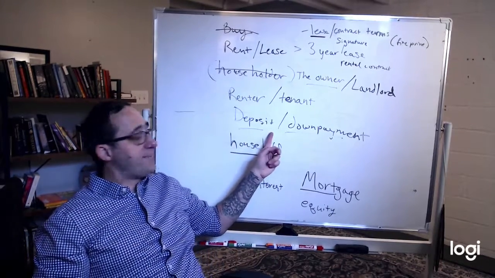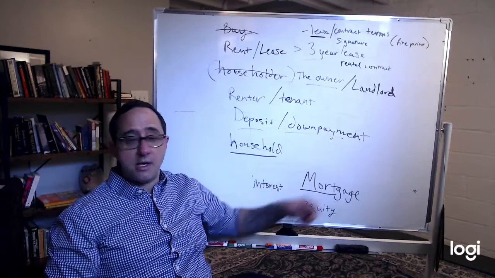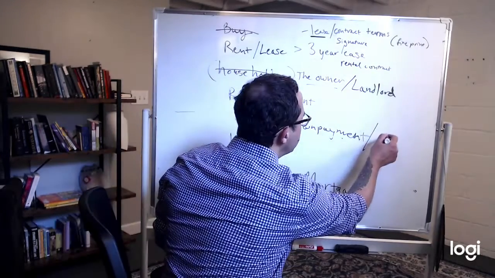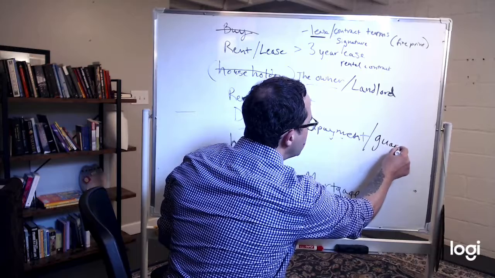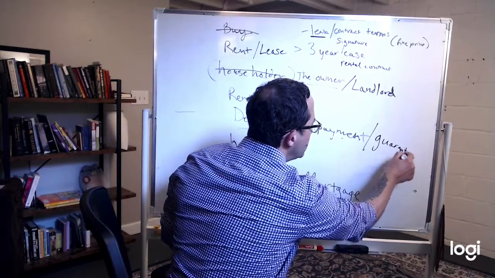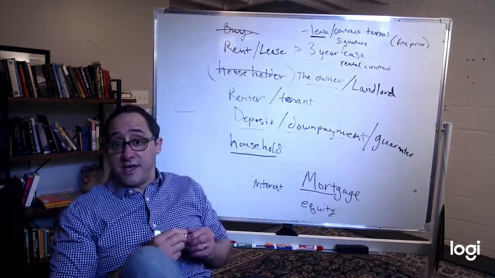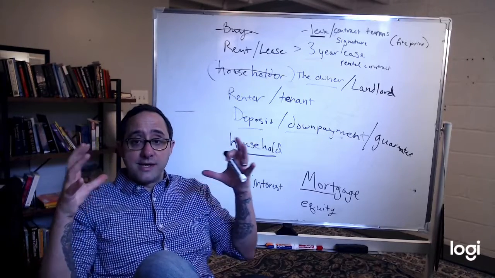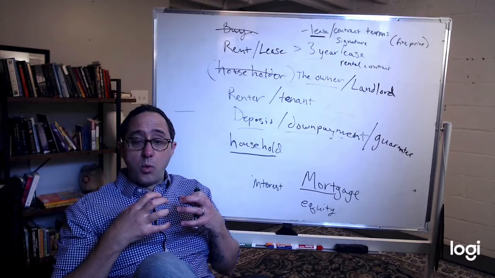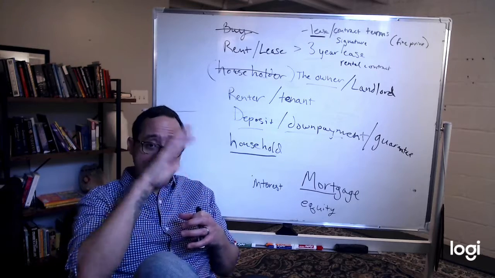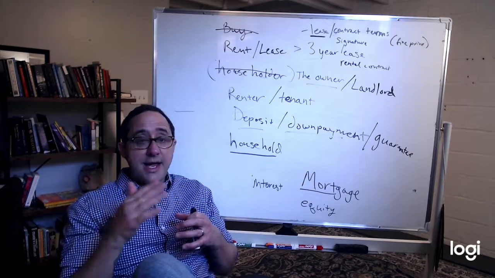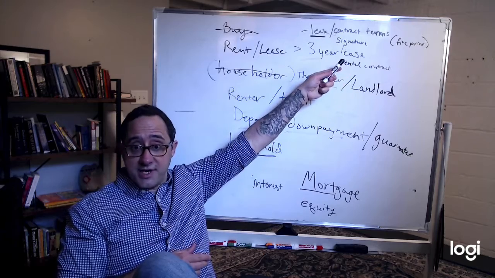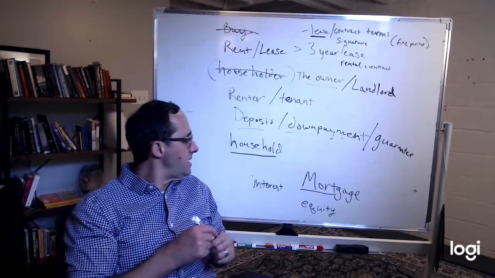Often you have to give a deposit or a down payment. Some people call it a guarantee. So maybe you have to give 2 months rent up front. It doesn't go towards your rent. The landlord holds that money. Once your lease is done, if you have taken care of the house and abided by the terms of the contract, abided by,